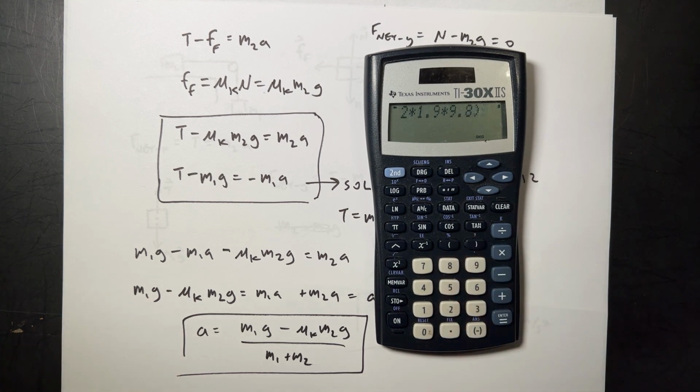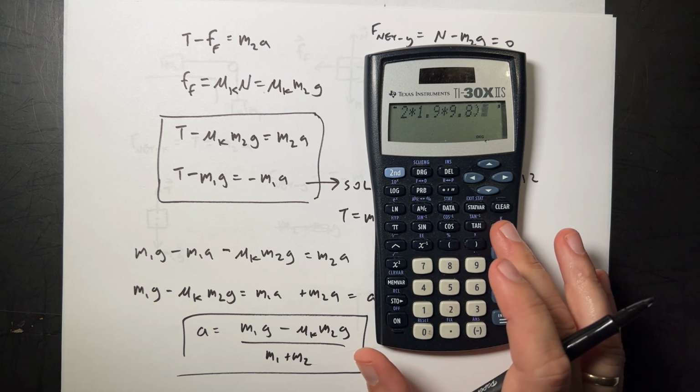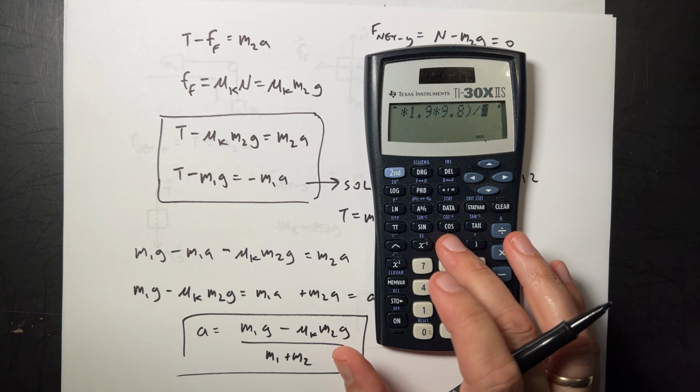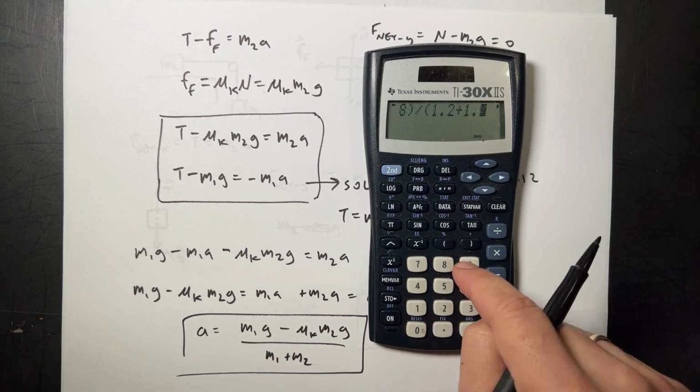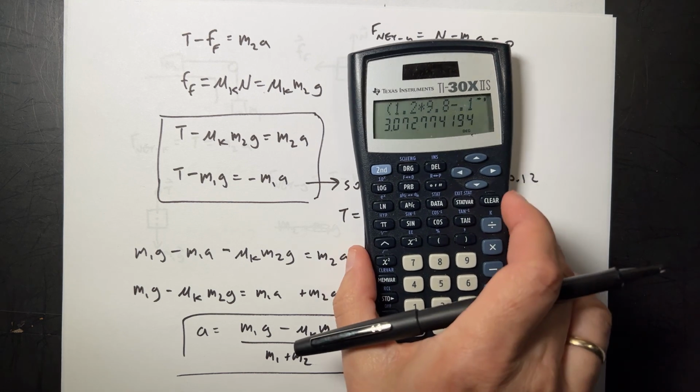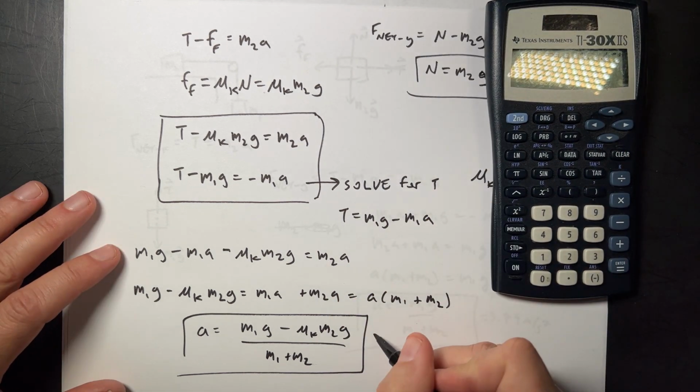And when you're entering in your calculator like that, you've got to change the level of your voice, or it won't be interesting and not fun. Divided by, parentheses, 1.2 plus 1.9, close parentheses, equals, and I get 3.07